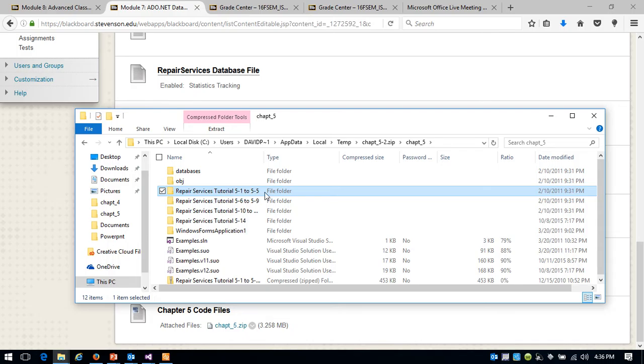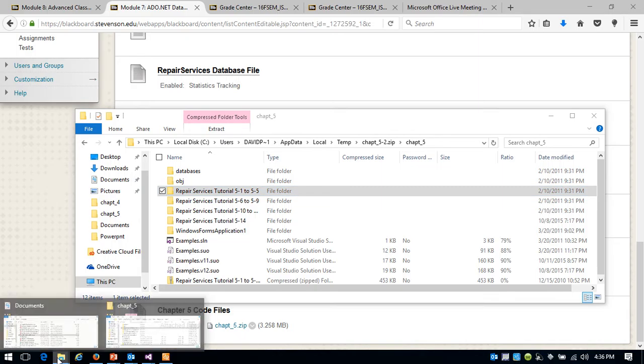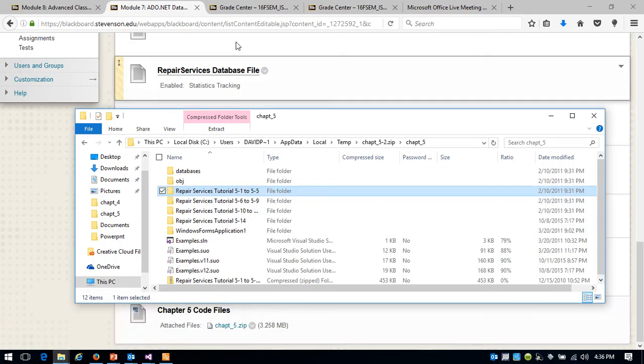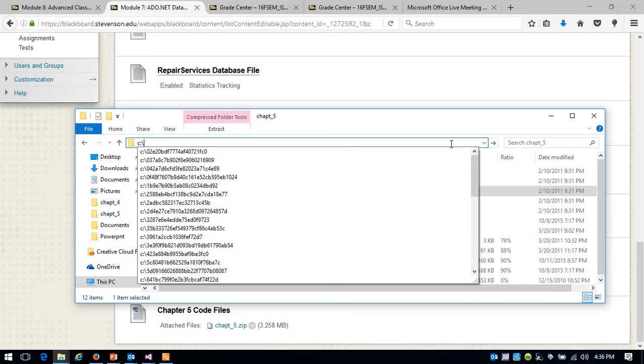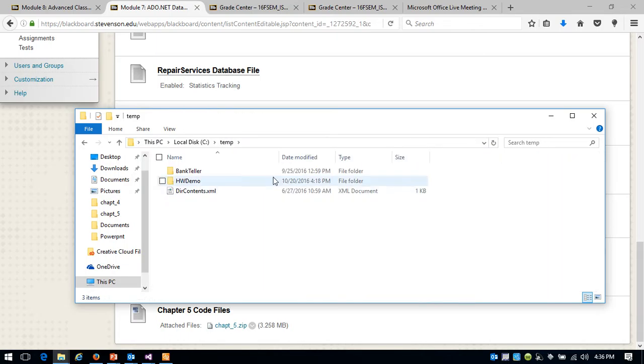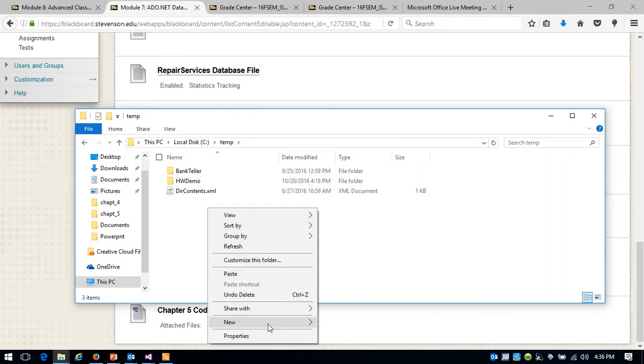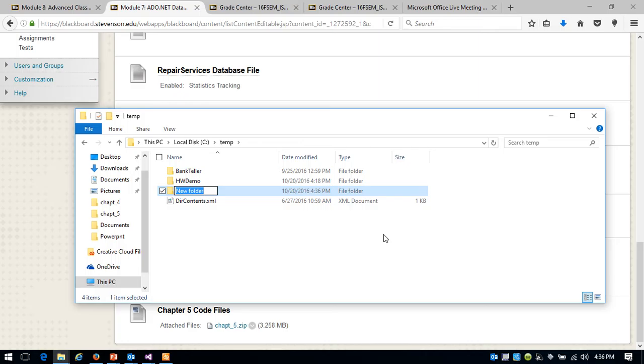It does tutorials 5.1 through 5.5 for us. Again, you could just follow along in the book and do those from scratch, but we didn't ask you to do that in the homework. So I'm going to copy this directory out of the zip file and go out to my Explorer, to our temp directory, anywhere on my C drive, and I'll create a folder. We'll call this DB Demo